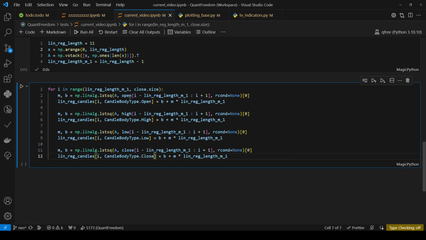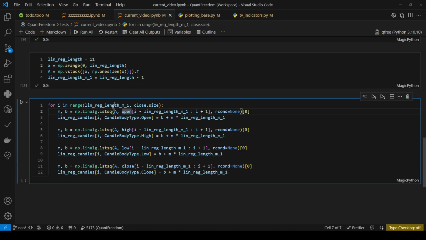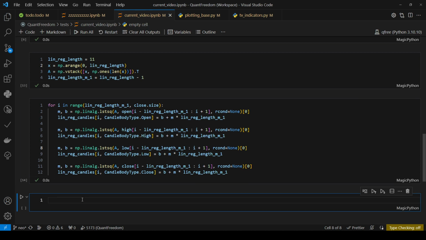So this is where we have created the open, high, low, close. So we're grabbing the candles, we're applying the linear regression to the open, high, low, and close values, and we're storing those answers inside of our linear regression candles that we've created. And then after we are done with that, well, let's just go ahead and run that. Takes basically no seconds, which is pretty insane. So now we have to create the signal. Signal equals, now